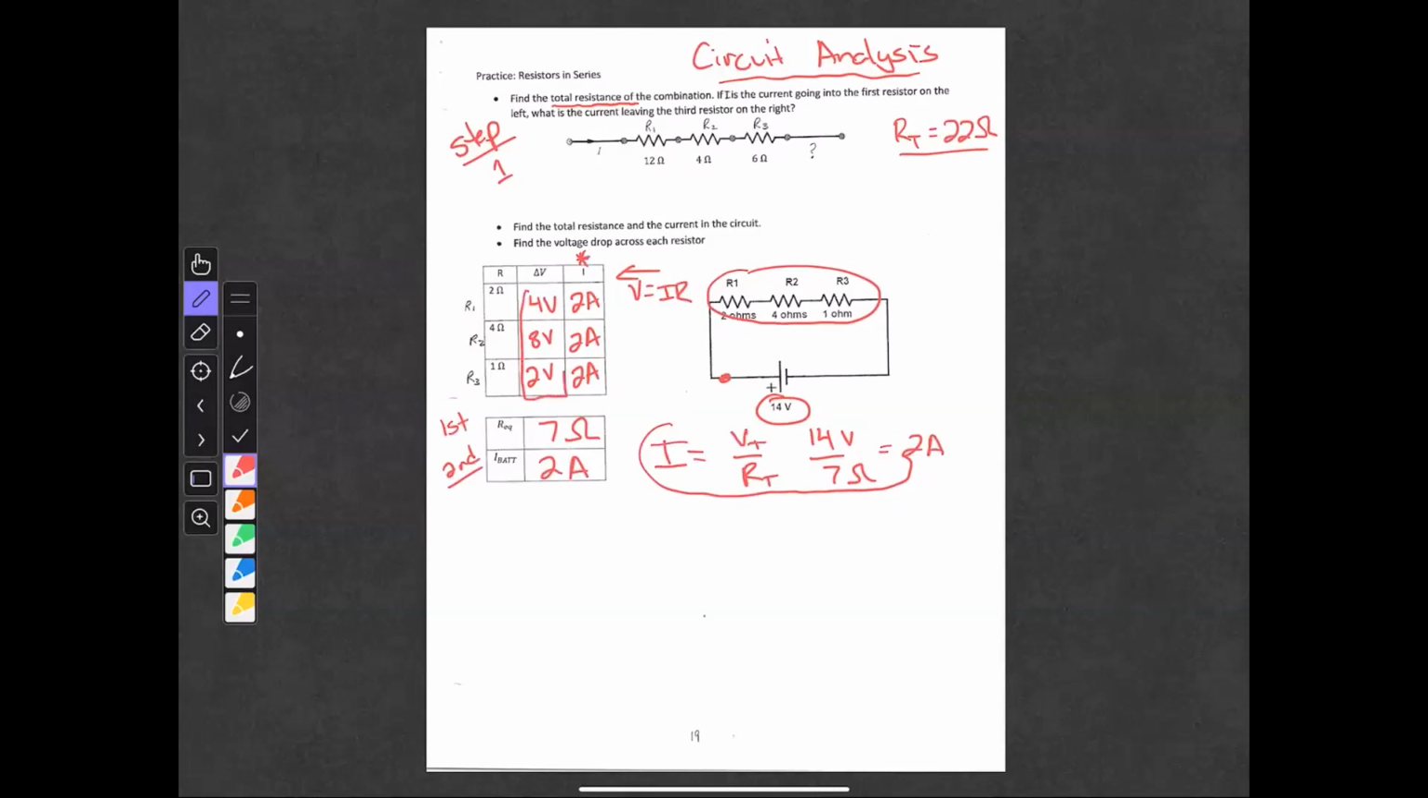And look really carefully at the coincidence. It's not a coincidence. It's just how circuits come together. 4 plus 8 is 12, plus 2 is 14, and it matches the voltage total of your battery. So I'm going to save this. I'm going to hit stop. We didn't have a lot